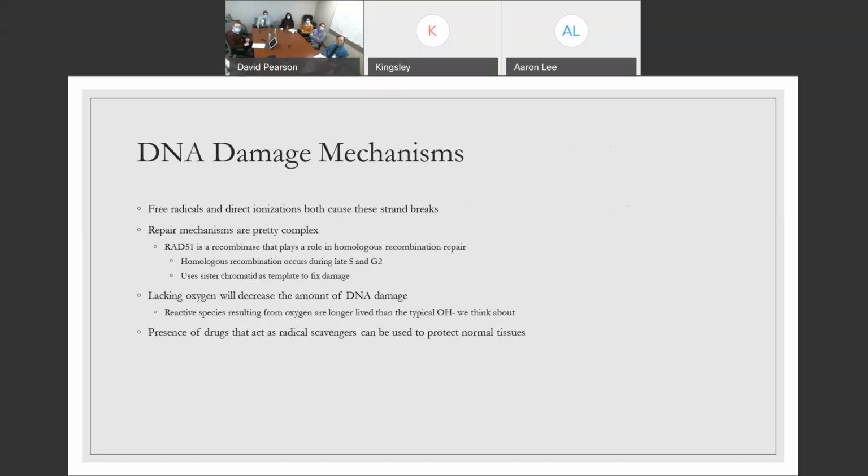Something you'll see floating around in the textbooks a lot is this Rad 51. It's a recombinase that plays a role in homologous recombination repair. We'll get into the cell cycle aspect of that later. But during late S and G2, the sister chromatid is used as a template to fix the damage. So the cell is able to identify, hey, wait a minute, this DNA is just cut in half. There's a piece of missing information here. And based on looking up and downstream of where this break is, using the sister chromatid as a reference, which is not always the same information,